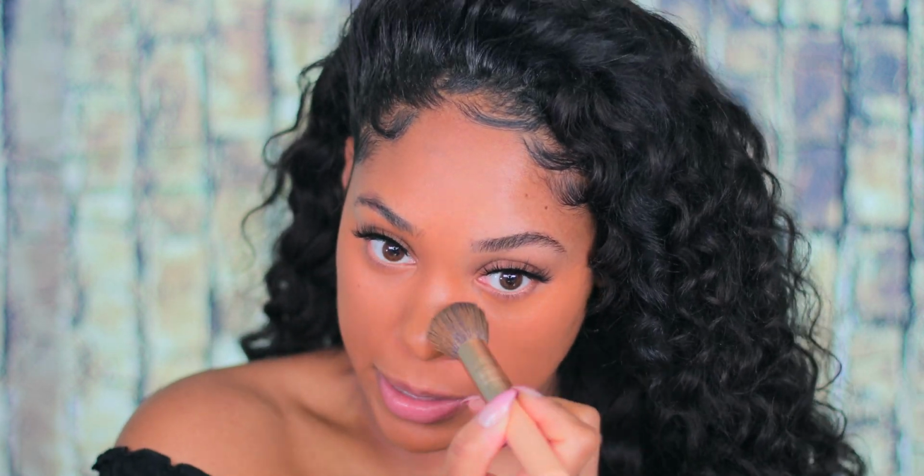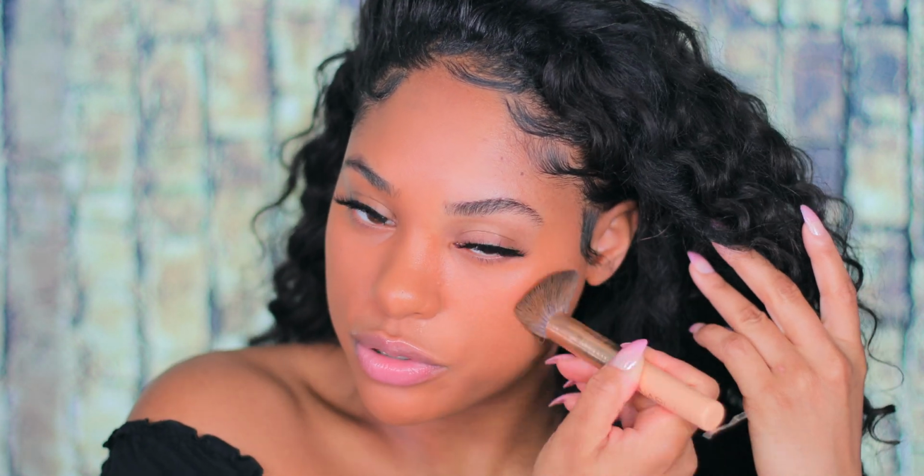I thought because it was gonna be more of a light coverage foundation that I needed more, but you actually don't. A little goes a long way. I also like that it is buildable, but even though it's buildable, it still looks like skin. It looks very natural. Usually when you begin building on top of your foundation, especially if it's more of a matte foundation, it does start to look more thick and more like foundation skin